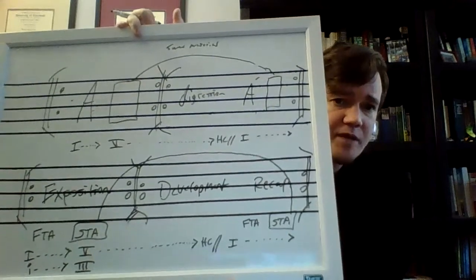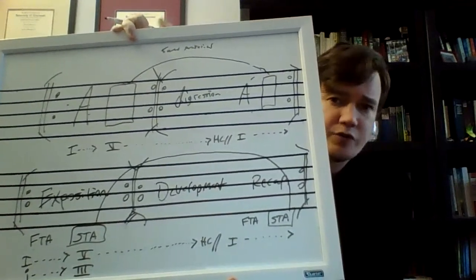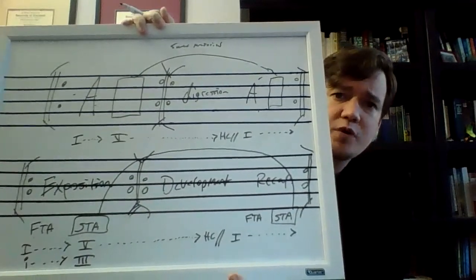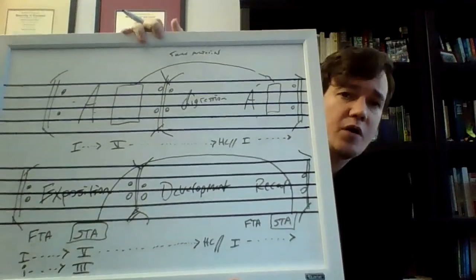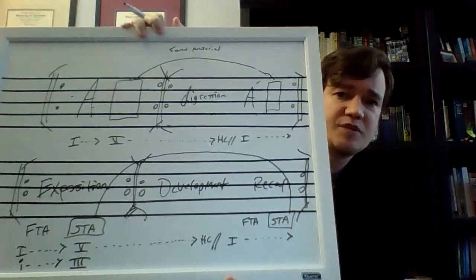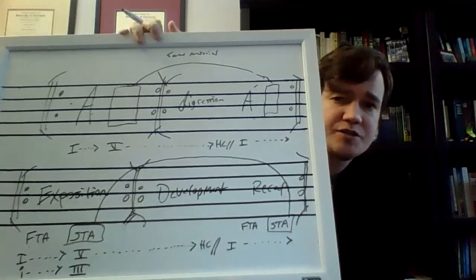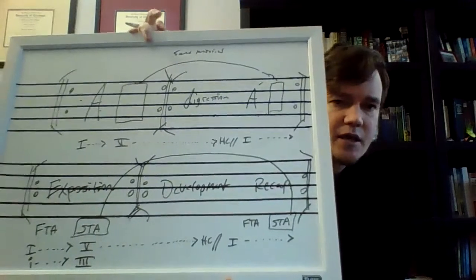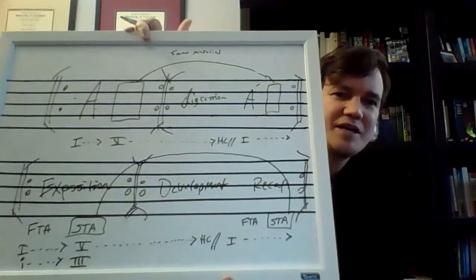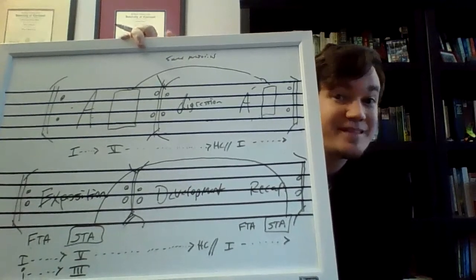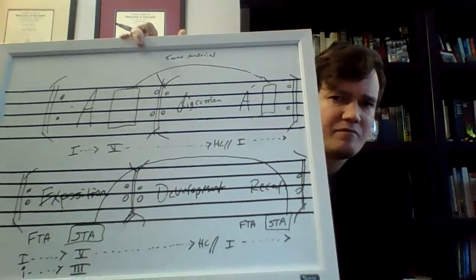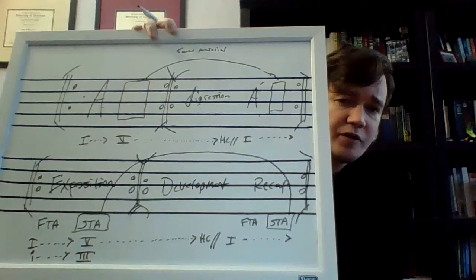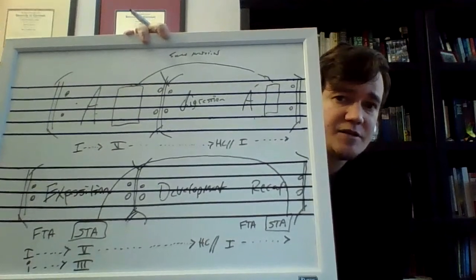Now, after the repeat, when we come for the first and second tonal area twice, we usually go into a development section. Now, this is one that's different than the digression because we are working with a lot more new keys, tonifications, sequences. This is really a place where composers like to flex their compositional muscle in using the first and second tonal area themes to really have them argue and develop around each other. And after a while of that, we really pull into a half cadence at the end